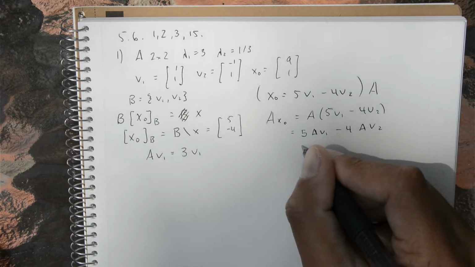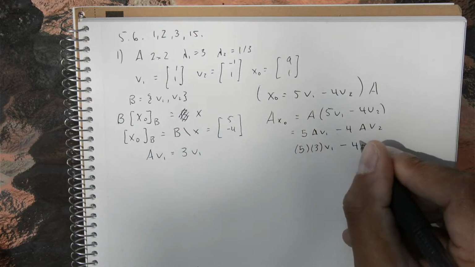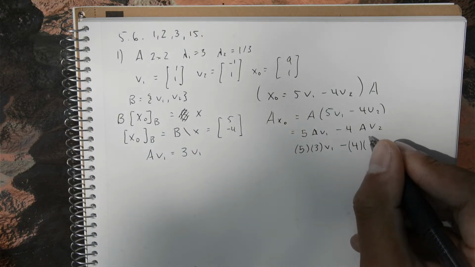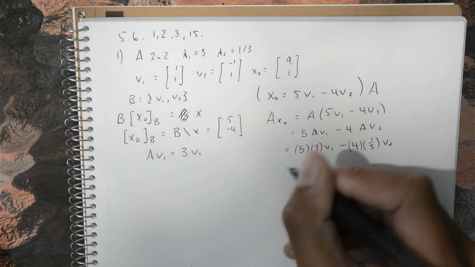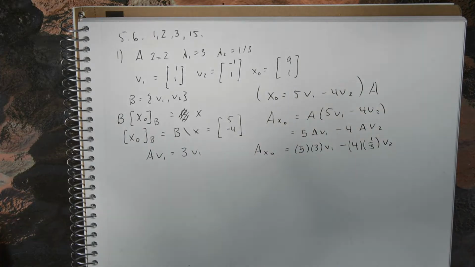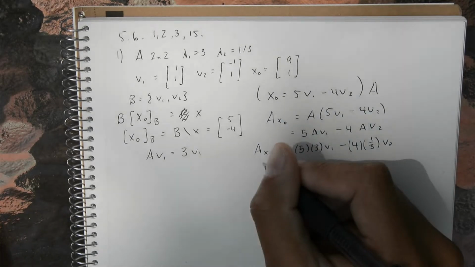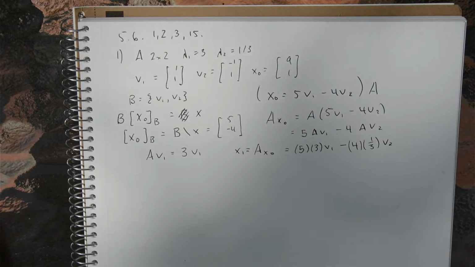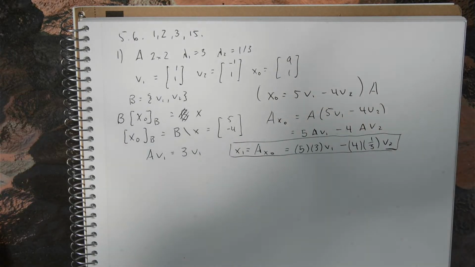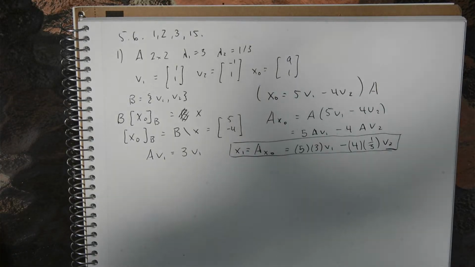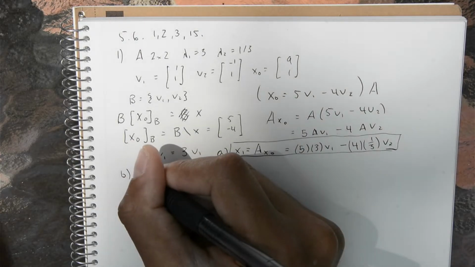So this is just going to be 5 times 3V1 minus 4. And then AV2, it's 1/3. So this is going to be 1/3 V2 is equal to AX0. So that's really the whole solution there. This is X1. You can do all the algebra if you want, but I don't. Okay, so this is part A. Now B is find